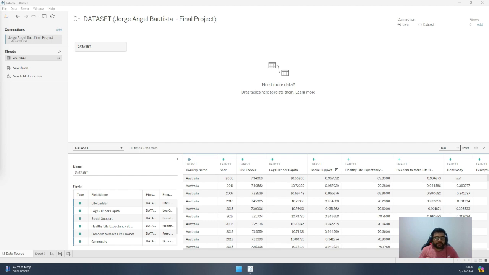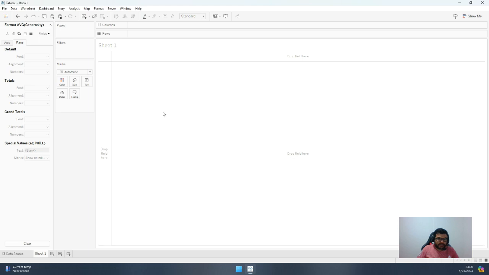Okay, let's continue working on Tableau. Right now, we already imported the data set from Excel to here, and we are seeing the whole information right here. We will proceed to create the new sheet, which will be our map. So let's call it, I don't know, let's call it GDP per capita